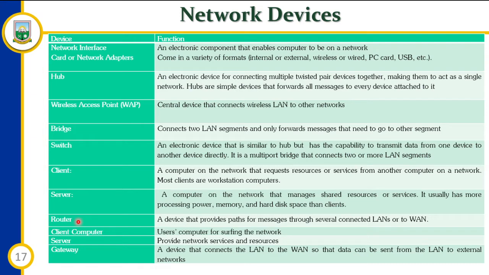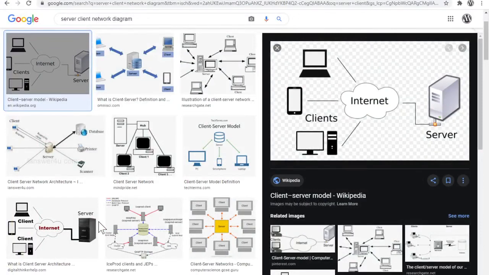Now the router also works more or less like the access point, as I told you. It's just like the switch and the hub. So when you talk about the wireless access point, it also looks like the router. The router looks exactly like the access point. But the only difference is, let me put it this way, the router is a little more intelligent than the wireless access point. And the reason is when you connect onto the computer, so for instance, going back again to